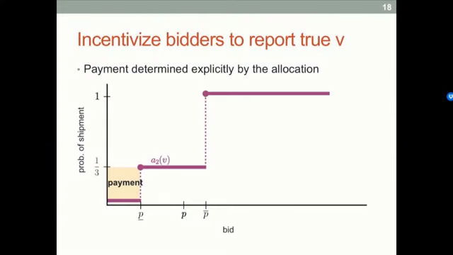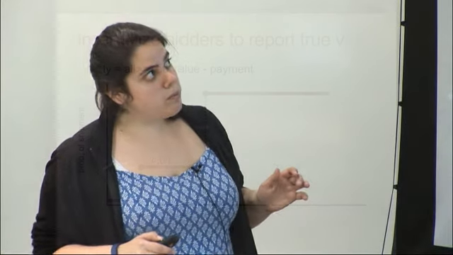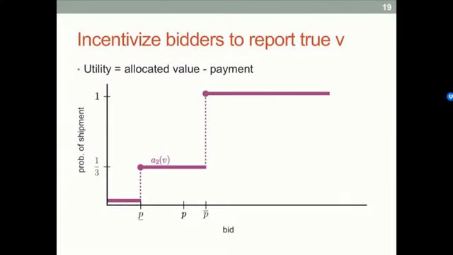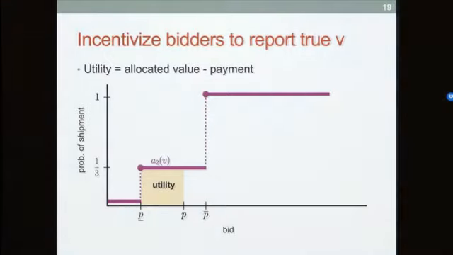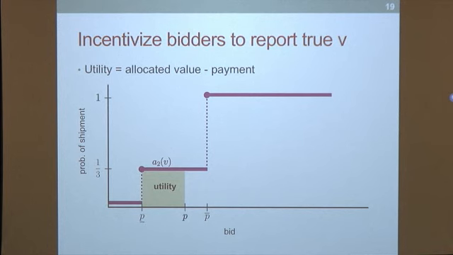What we know from single item auction theory is that, in order to be incentive compatible, the payment should be the area to the left of the curve. So if you bid P, then your payment is going to be the area to the left of the curve, which is 1/3 P lower here. I'm not going to motivate this, I'm just going to tell you it's true. What's more is that utility is also explicitly determined by the allocation rule. Your allocated value, because you're receiving it with probability 1/3, and your value is P if you bid P and it's incentive compatible, is your allocated value minus your payment. That's your utility. So your utility is just area under the curve. All I want you to take away is that these things are explicitly determined. We know this from way back in single item auction theory, and your utility is area under the curve.